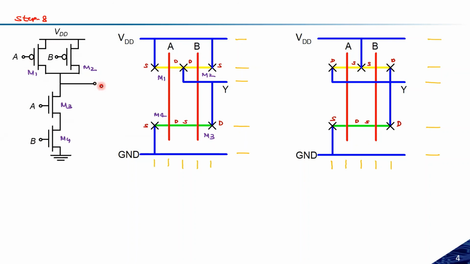Now let us talk about the change in the diffusion capacitance. See here, in the first case, this output Y is associated with how many nodes? It is associated with this one node, and then the second one is this one. In the second case, it is associated with the first one, second one, and the third one. So the second one will offer more diffusion capacitance. And if the second one is offering more diffusion capacitance, the effective load capacitance will be higher and the delay will be more.